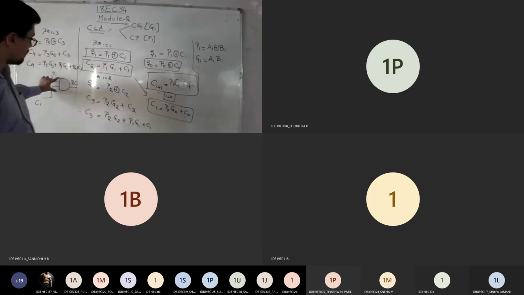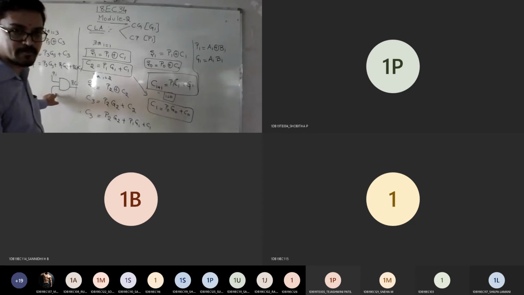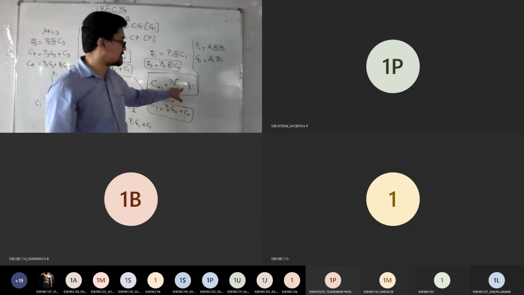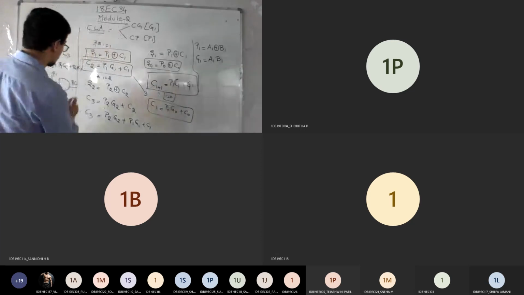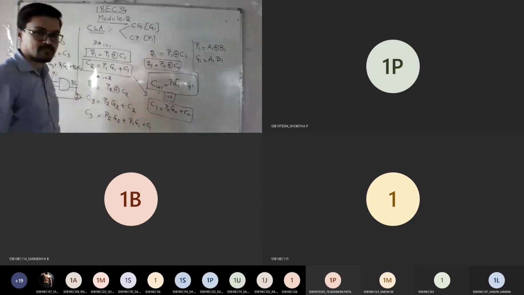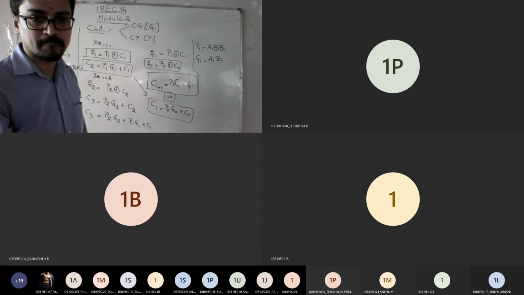In the diagram, one input is from Pi and one from the Ci input, not from Gi. Connect them and you will get Pi into Ci. So Pi Ci plus Gi, because this is given to your OR gate, right? The combination is given to the OR gate. Is it corrected? Is it changed here, everyone?